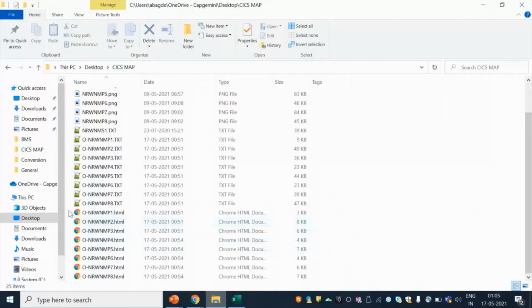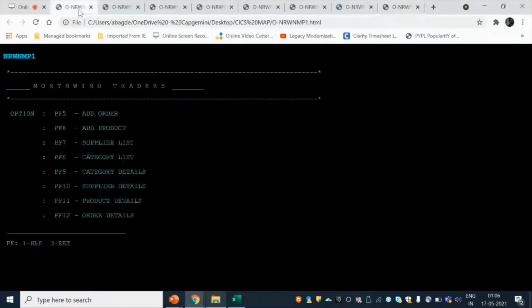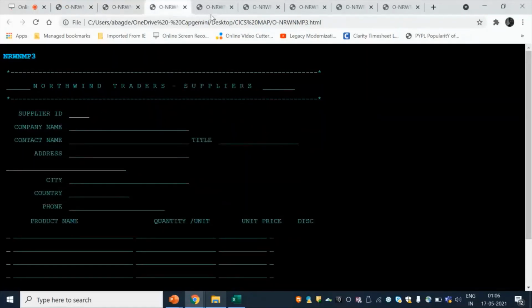Now let's see whether the output generated is perfectly similar to the CICS screens, or how it is different, if it is different. So this is the first screen, or the first map, and its equivalent web page you are seeing now. The second, third, and so on.